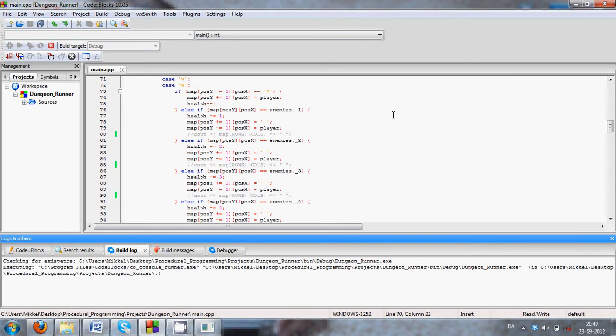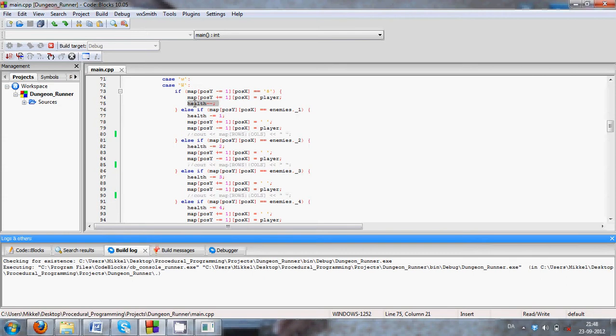So if I just explain the W, it listens to this if statement: if map position Y minus equals 1, position X is equal to the dollar sign, which means that it is equal to a wall, then map position Y plus equals 1, position X is equal to the player. So the player doesn't move in when there is a dollar sign above him,